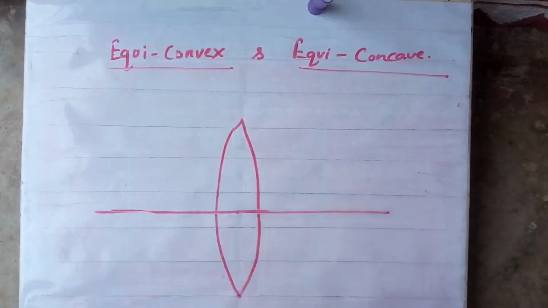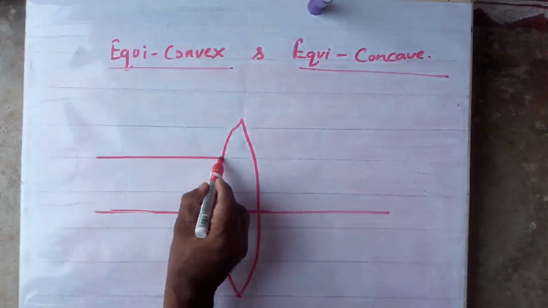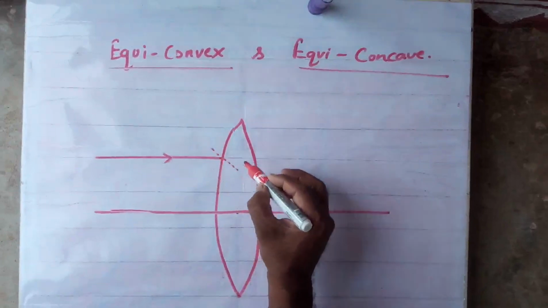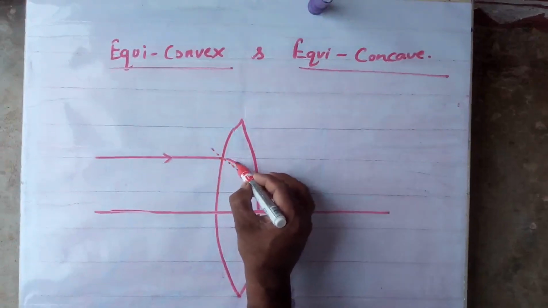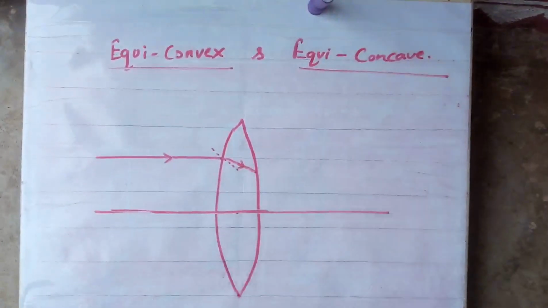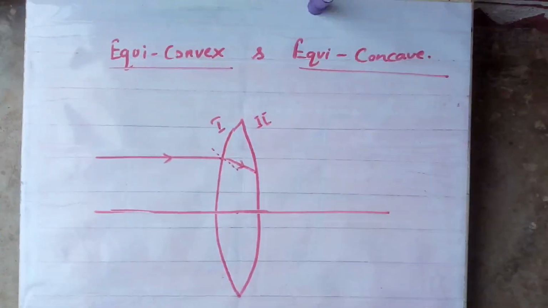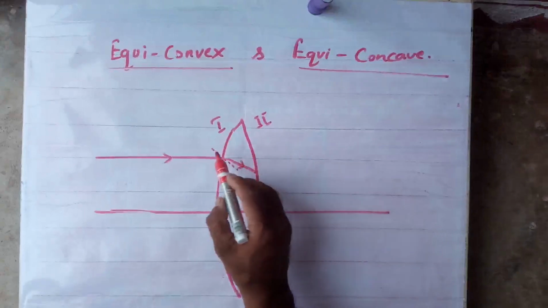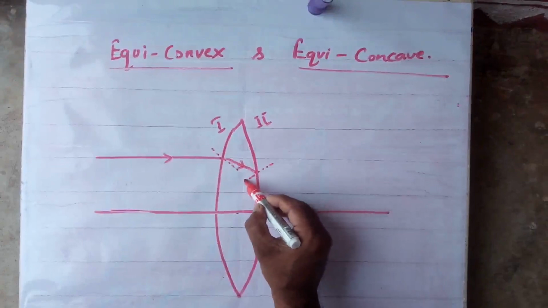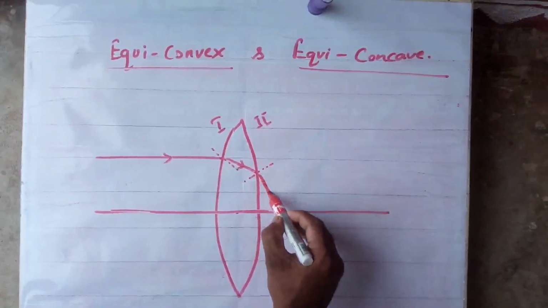Already this part I explained earlier. Suppose a ray is incident, let us take a ray parallel to the principal axis. Go on. First surface, what will happen? This is the normal. Approximately it bends towards the normal. Yes or no? First surface I1, second surface I2 you can consider here. At the first surface it bends towards the normal as light is traveling from rarer to denser. At the second surface once again it will go away from the normal because it is going from denser to rarer.